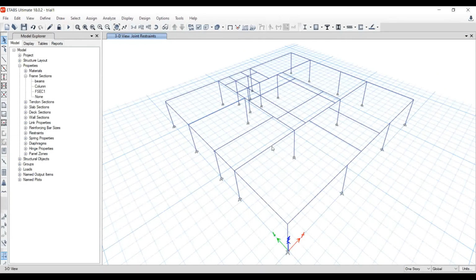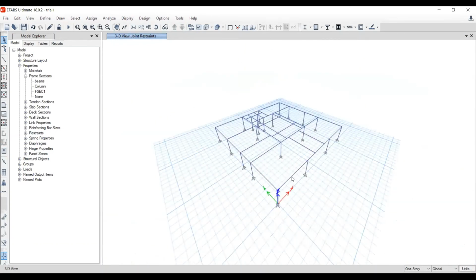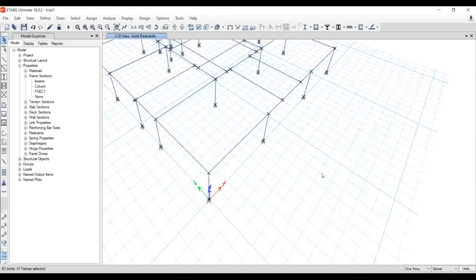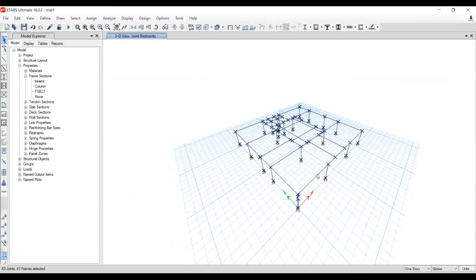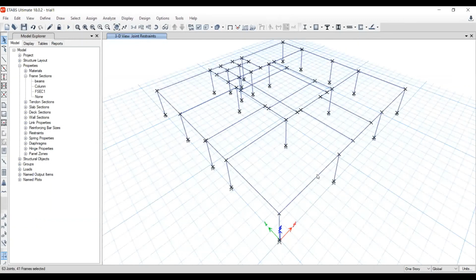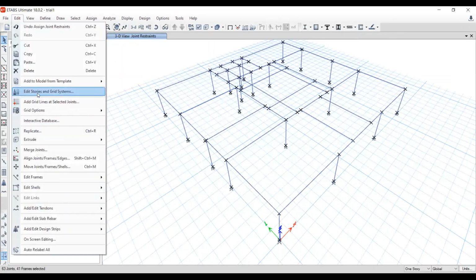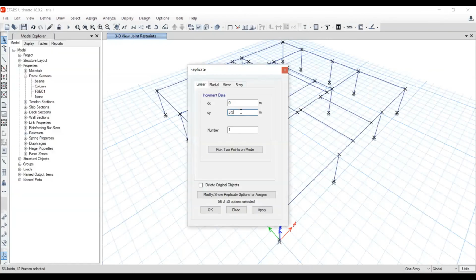So this is my floor plan. Now the same plan you can copy, the entire plan, and you can replicate this to the height of 3.5, or you can go to the edit replicate option. You have the replicate option, and for height this time I'm going to give the same height 3.5, and if I click on apply,